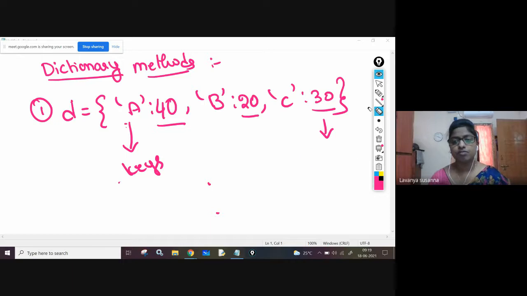If you want to modify some key's value, then you need to use d of a equal to some 50. The 40 will be replaced by 50. Now a, which is a key, its value will be modified to 50. Okay. In this way you can modify. Now next one,